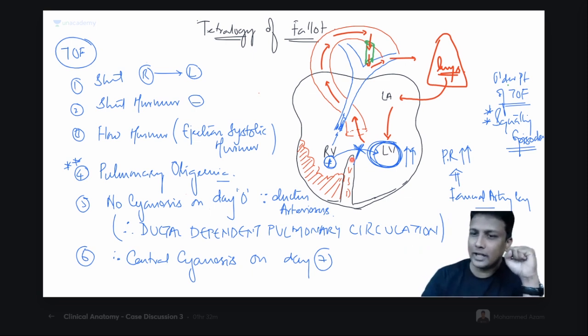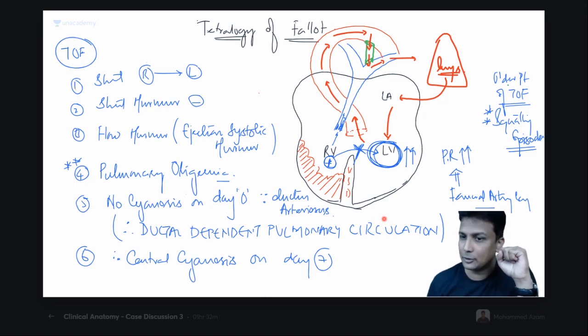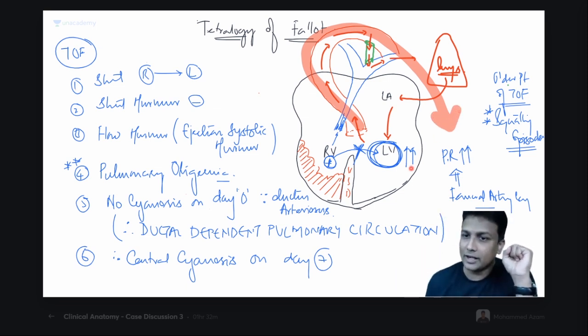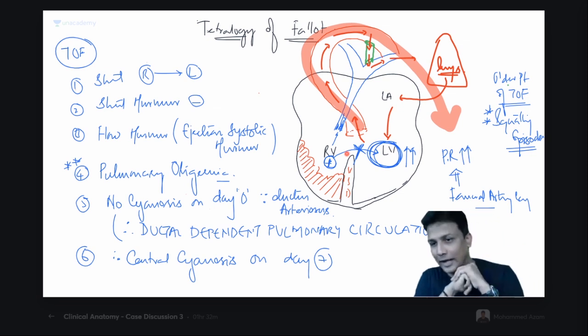Now, why do we have those squatting episodes? If you have not understood, I'll repeat once more why the baby has squatting episodes. Due to squatting, what will happen? The femoral artery will be compressed, and that will lead to increased peripheral resistance. And with increased peripheral resistance, the blood will not be able to be pumped easily from the aorta. That is why the left ventricle pressure will increase. Because of the increased left ventricular pressure, the shunting will decrease, and that will reduce the cyanosis. That is why squatting.